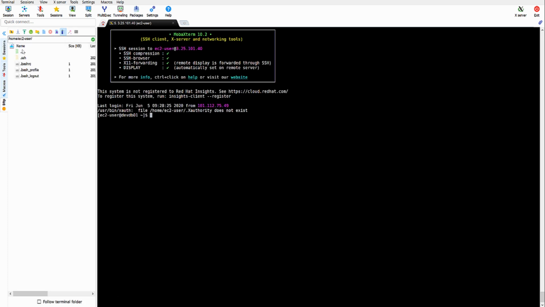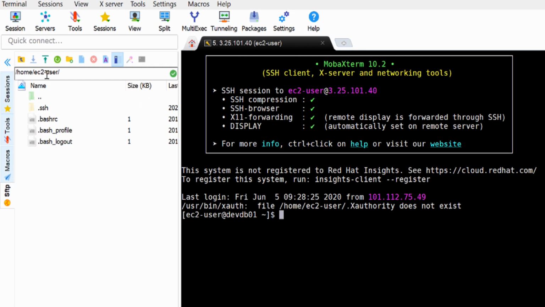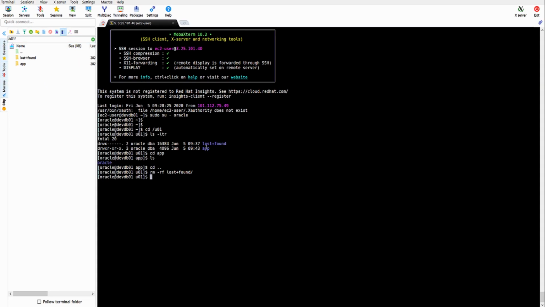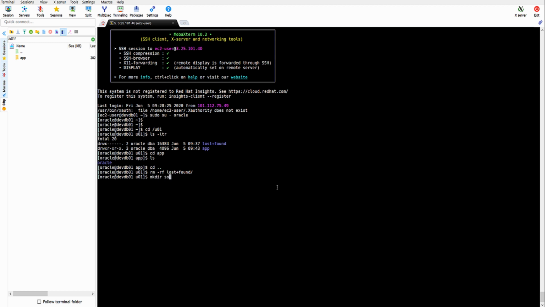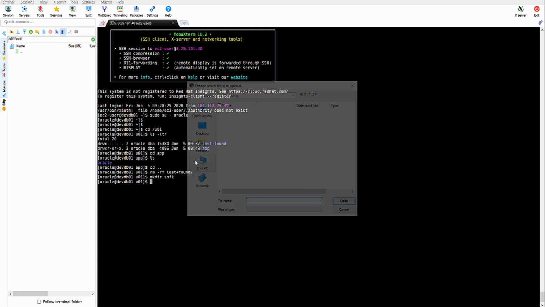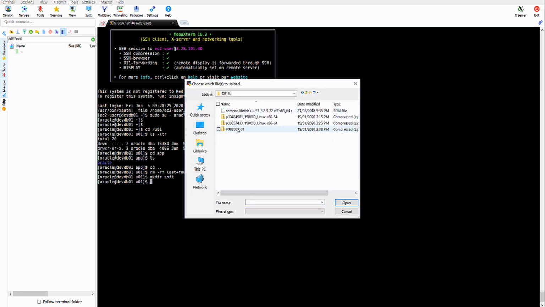Now you can see on the left hand side, you will have SCP window opened. You can transfer any files from here. I'll be deleting this lost plus found, which confuses us. So I'll be uploading my database software along with patches. But let me create a directory here. Go to the software directory and then